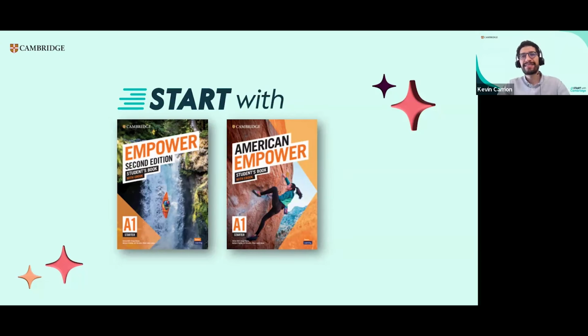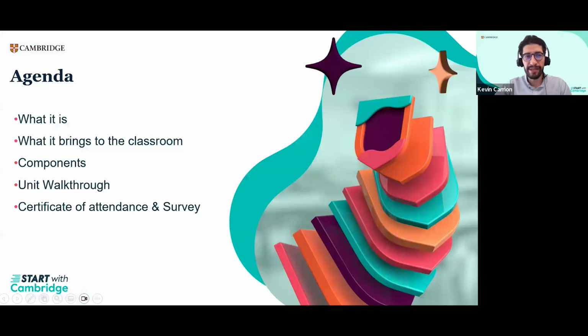So let's get started now with the Empower Second Edition and American Empower Second Edition series. The agenda for this session is basically these 5 moments. We're going to check a quick overview of what the series is and what it brings to the classroom, some key features and key resources you for sure want to try and implement in your class.